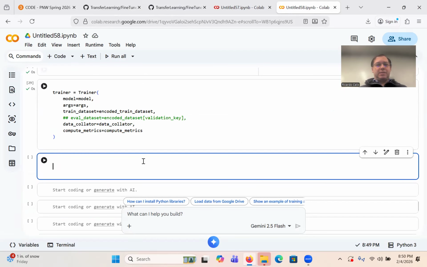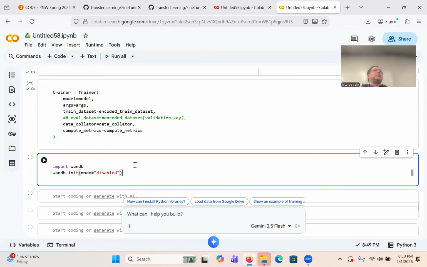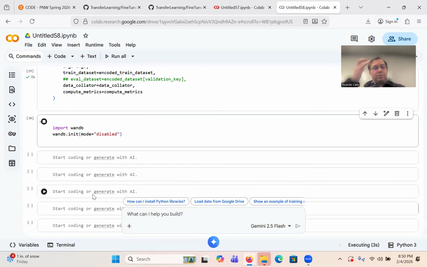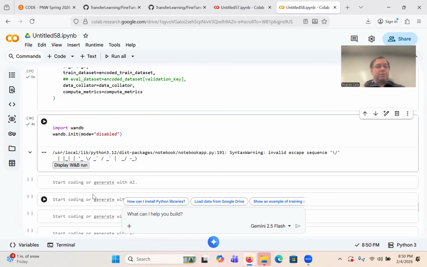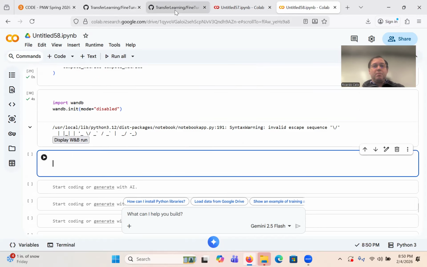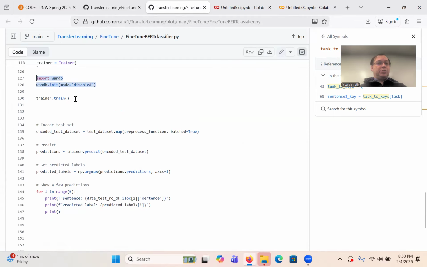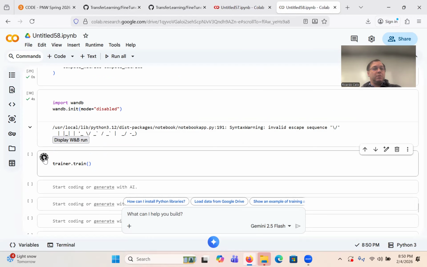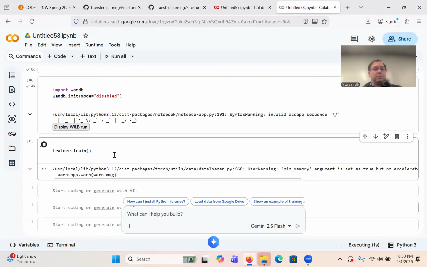Or Weights and Biases, I think it's called. Just disable it if it's giving you issues. Okay, so that worked. Now we should be able to start the training for the fine-tuning. So trainer.train, same workflow. Click the green arrow.